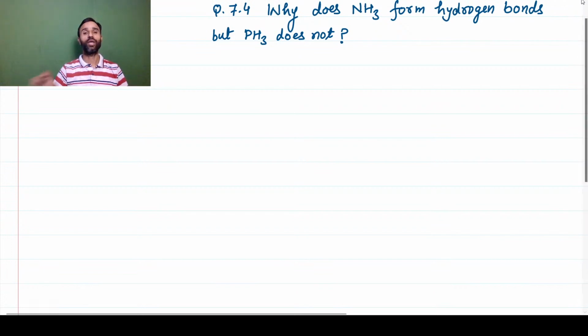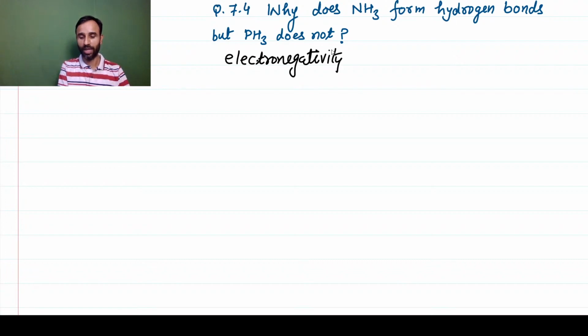सिंपल सा क्वेश्चन था कि व्हाई डज अमोनिया फॉर्म हाइड्रोजन बॉन्ड्स बट PH3 डज नॉट. दिस इज द क्वेश्चन, राइट. अब देखो, इसमें सबसे पहला पॉइंट ये है कि जो इलेक्ट्रोनेगेटिविटी है, इलेक्ट्रोनेगेटिविटी ऑफ नाइट्रोजन इज,